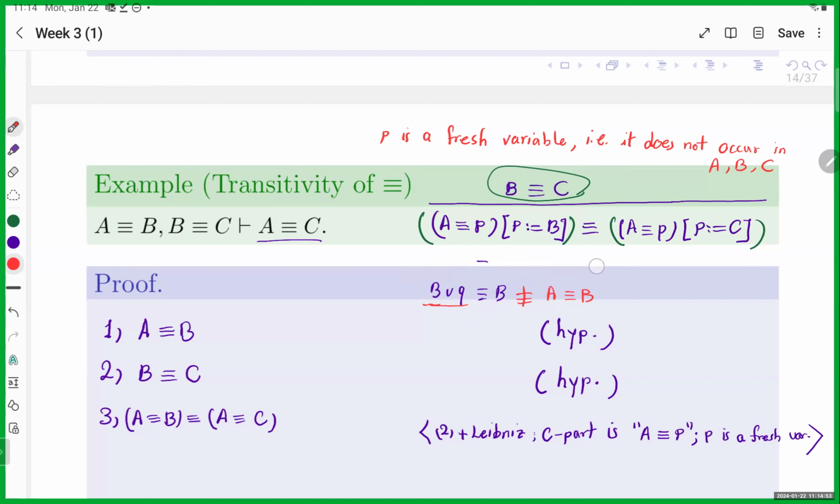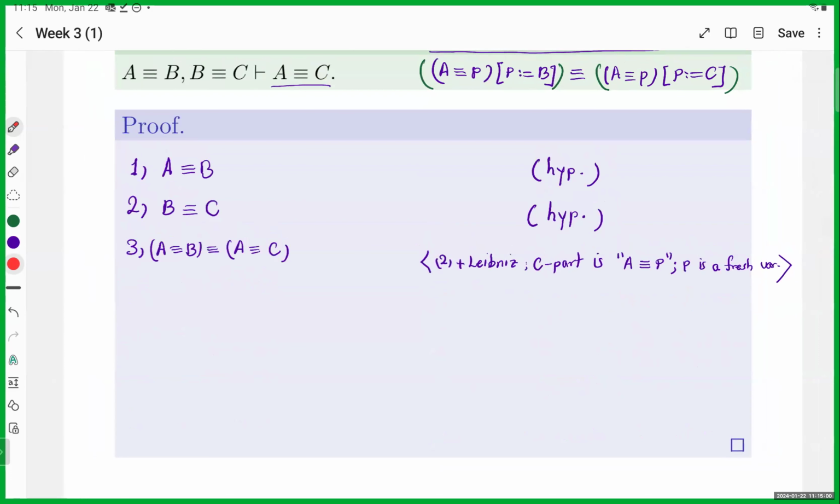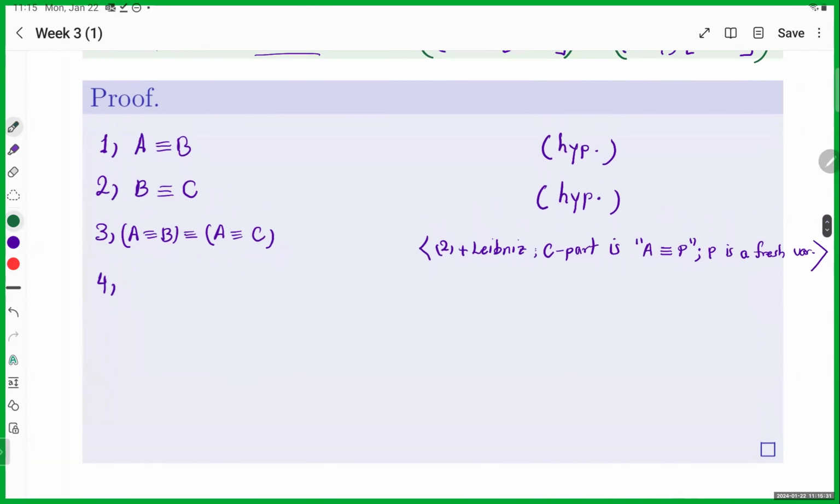Now, why don't I want to mess up A? Because we are not done yet, by the way. Now, how do I get to the formula that I want? Anyone? Any ideas? Yes. Exactly. Equanimity rule. Note that I have the formula A is equivalent to B, and the same formula equivalent to this. This is an instance of the equanimity rule: if I have the formula A is equivalent to B, and I know that A is equivalent to B is equivalent to A is equivalent to C, then equanimity tells me,